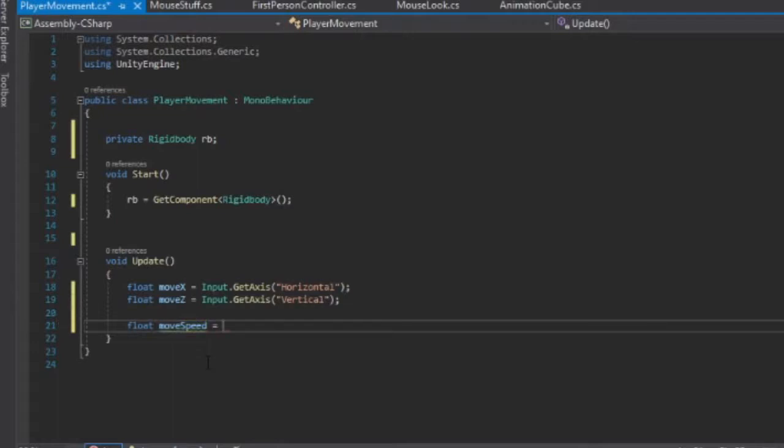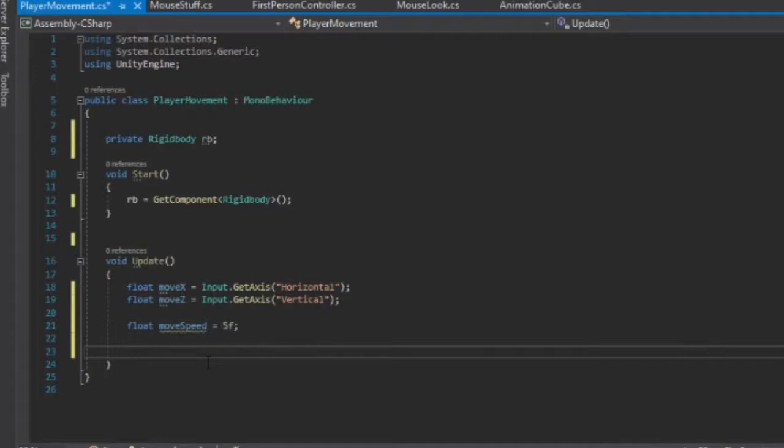So let's just give it, I don't know, 5F maybe. If you're not sure why I put F, it's because it's a float, a decimal number. If we put like an integer, an int, you won't need the F. You only need the F if you're doing a float. So now what we're gonna put down is